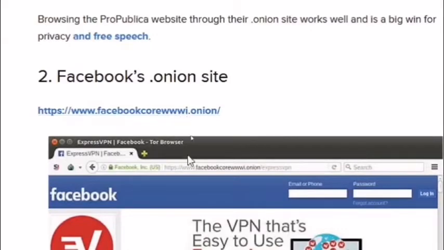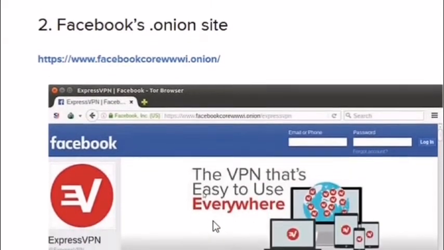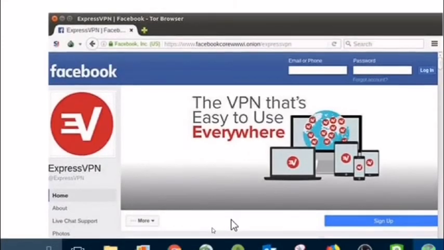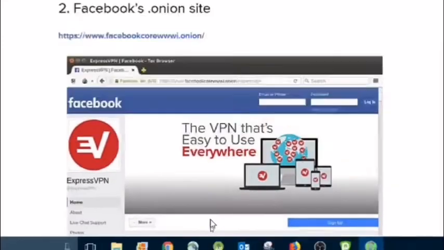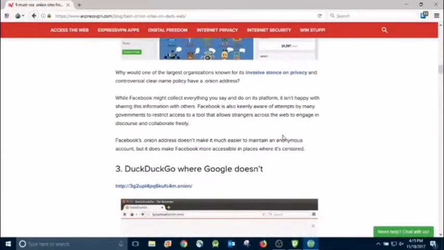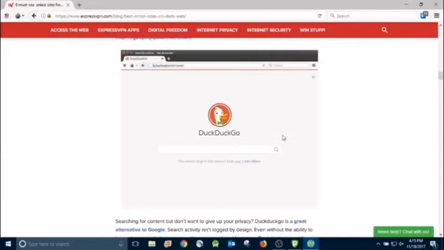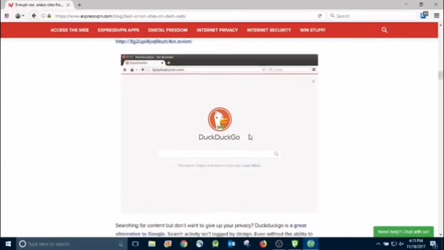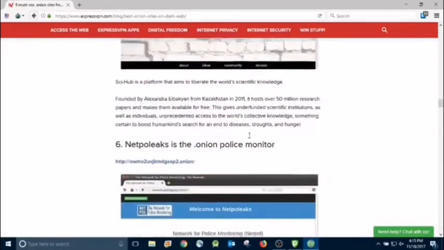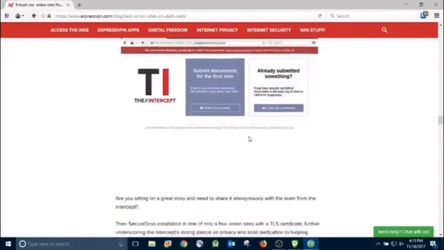There's even Facebook on Tor browser, and that's for countries that restrict the use of Facebook, just so they can still access it. Now they're still going to be visible on social media, but they can circumvent the systems that prevent them from getting on there. And as we scroll down, you can see